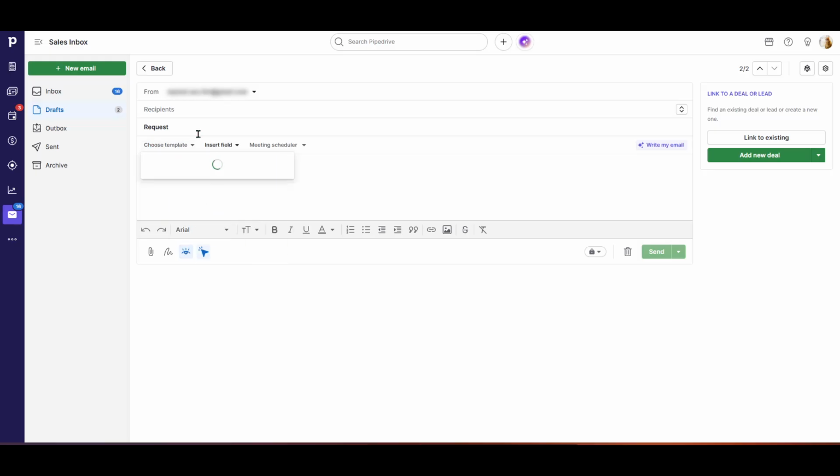To recap, open Sales Inbox, start a new email, compose your reusable message, use the Choose Template dropdown, and save the draft as a named template. With this workflow, you'll keep your emails consistent, on brand, and out the door in